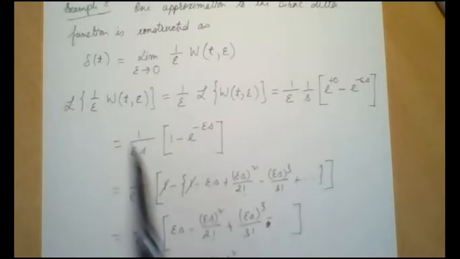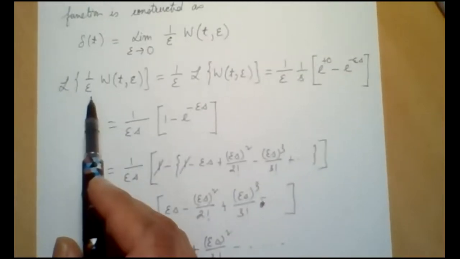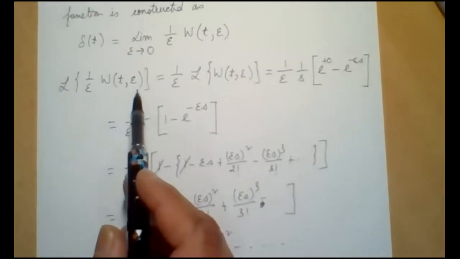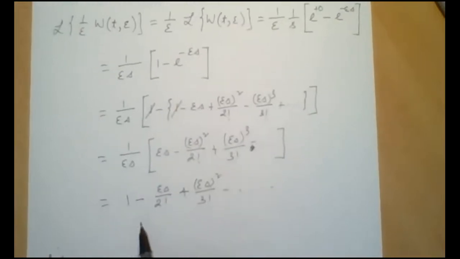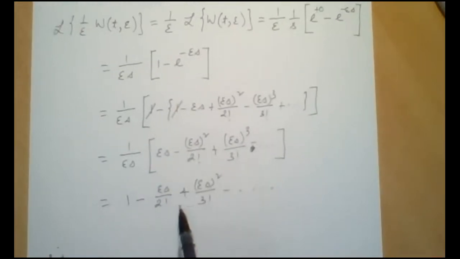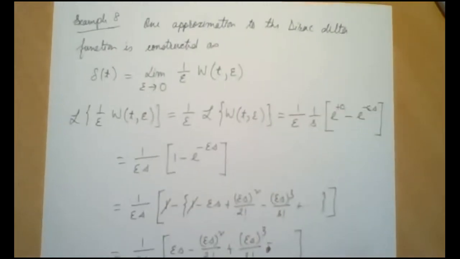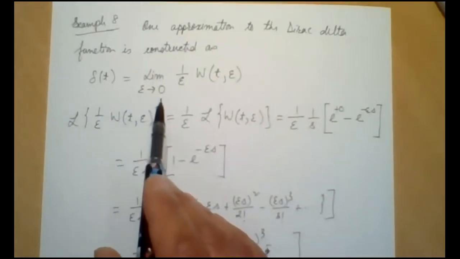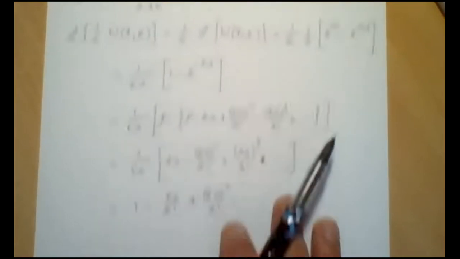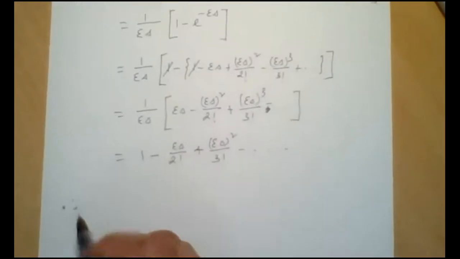So this is the Laplace transform of 1 by epsilon w(t, epsilon). And there is 1 minus epsilon s by 2 factorial plus epsilon s square by 3 factorial and so on. And we know that delta function is the limit when this tends to 0. Therefore, the Laplace transform of delta function,